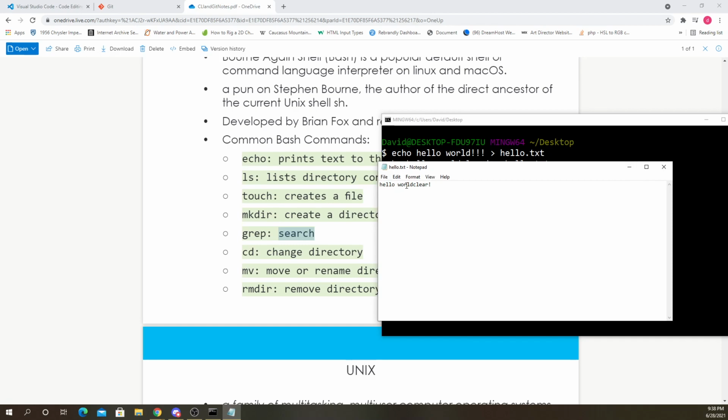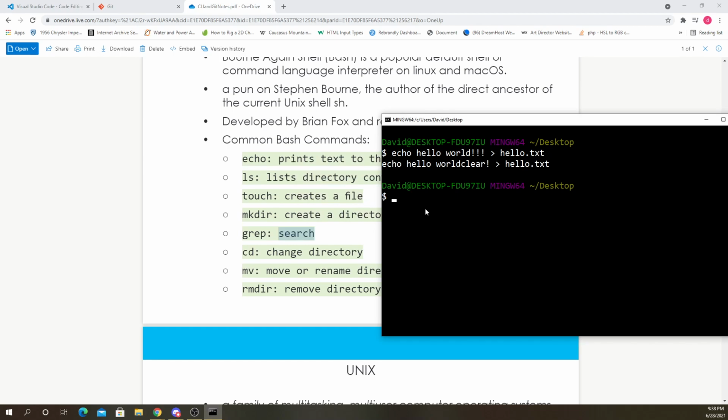And let's try to search for the word. I don't know why clear is there. Just type some other stuff. My name is David. Close that and save it. And let's try grep.